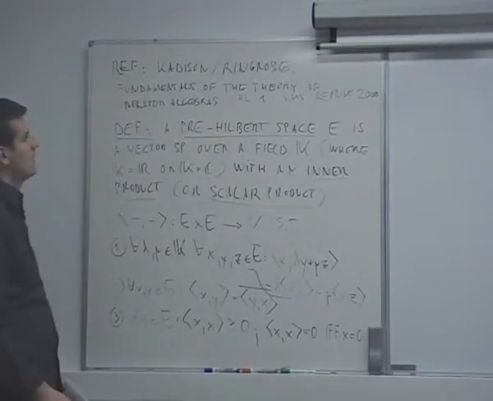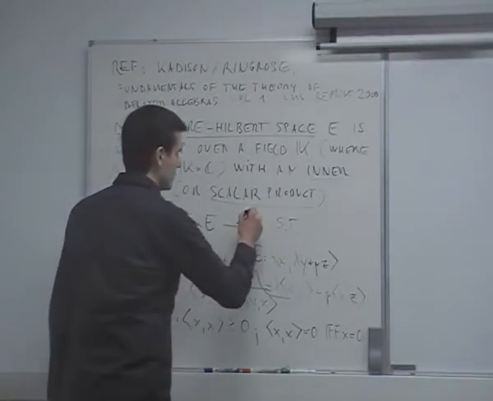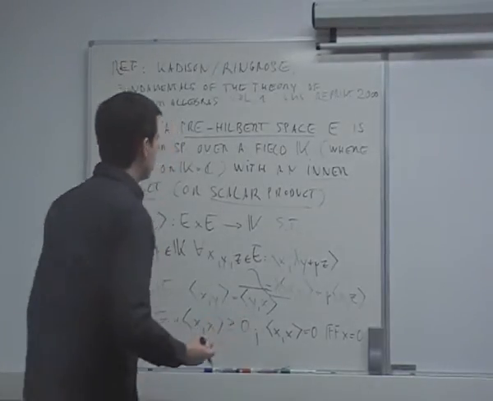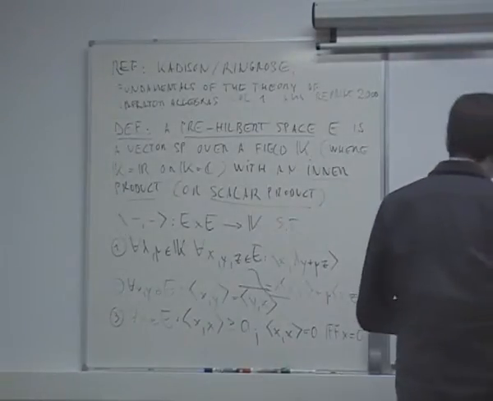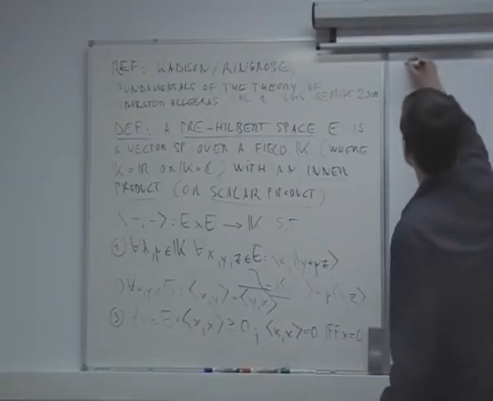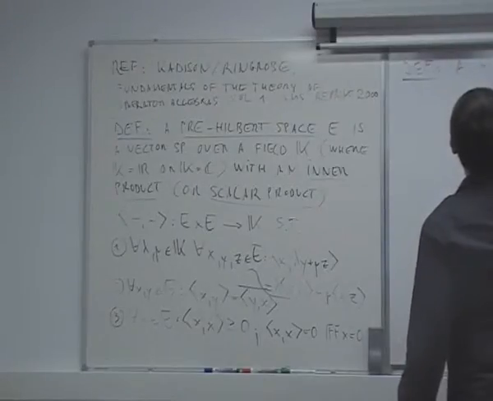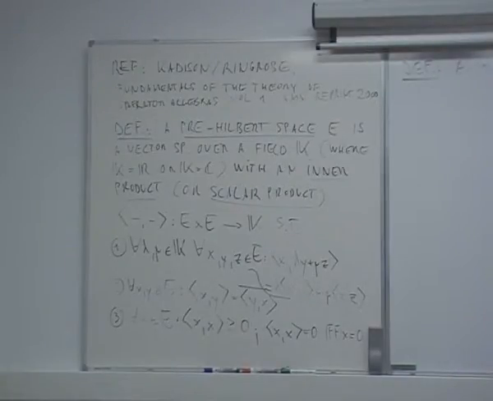Okay. So people who know Hilbert spaces, of course, know these things. So why is this just a pre-Hilbert space? We didn't say anything about completeness yet, so we have to do this by hand. And so the definition is: a Hilbert space, as usual denoted by this calligraphic H, is a pre-Hilbert space